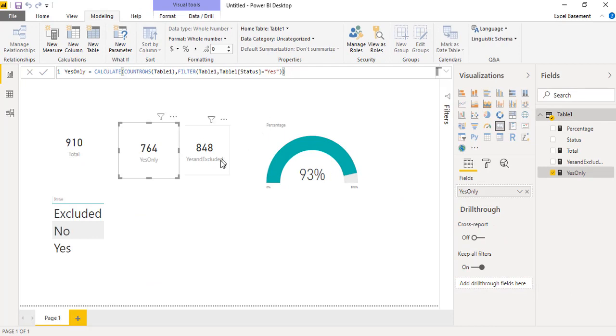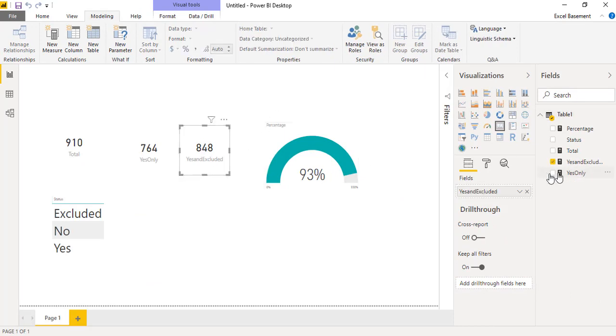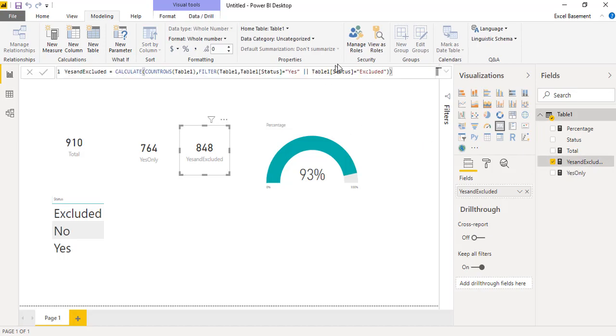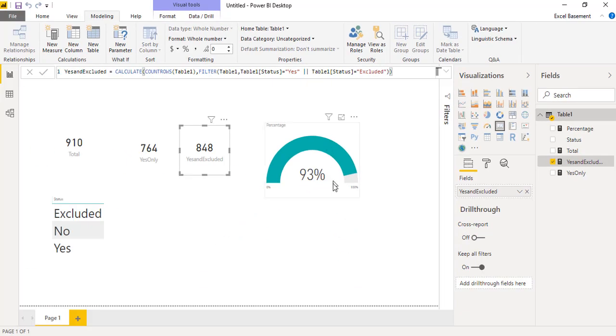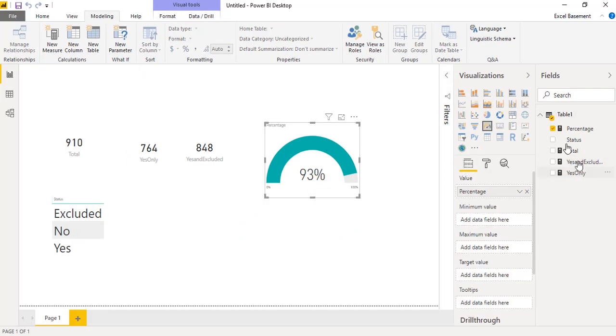We put one more category within the new DAX called yes and excluded, with 2 pipe symbols doing the OR purpose. And last but not least we used the DIVIDE DAX and made this visualization into a gauge chart, and it shows 93% out of 100. So this is how you have learned this.